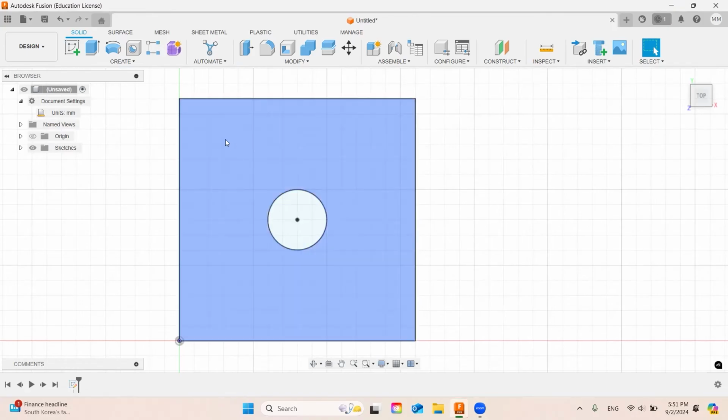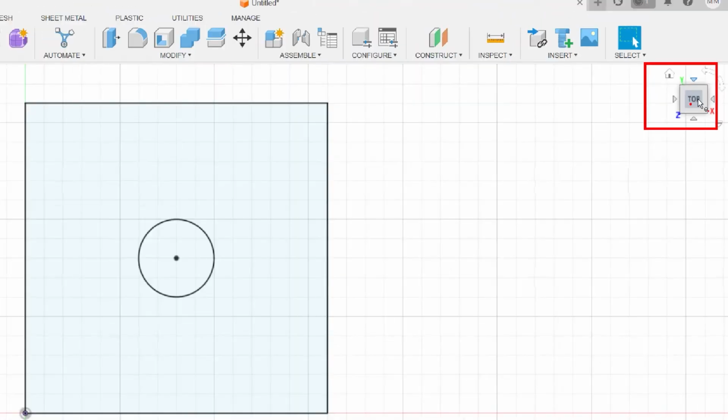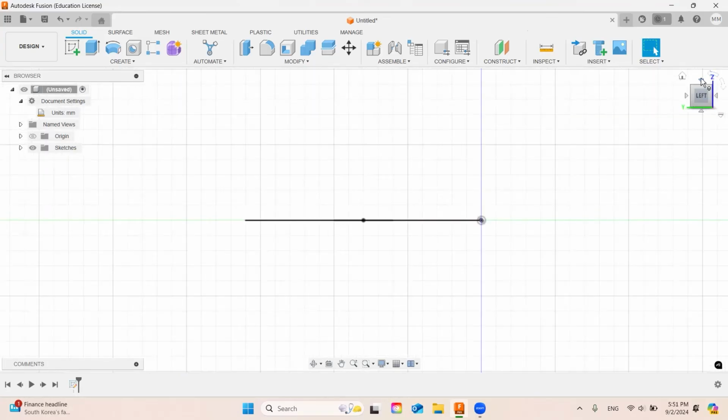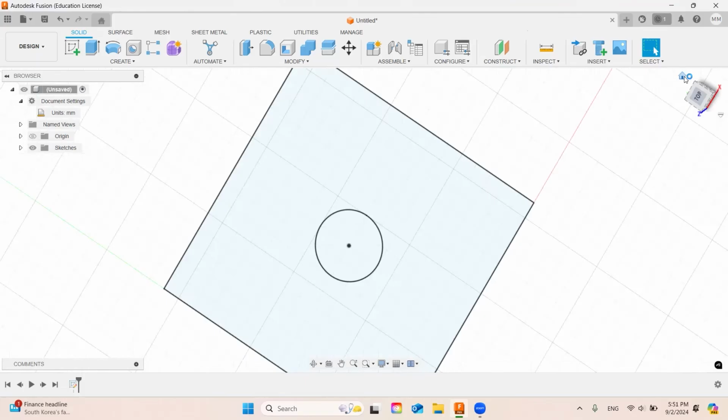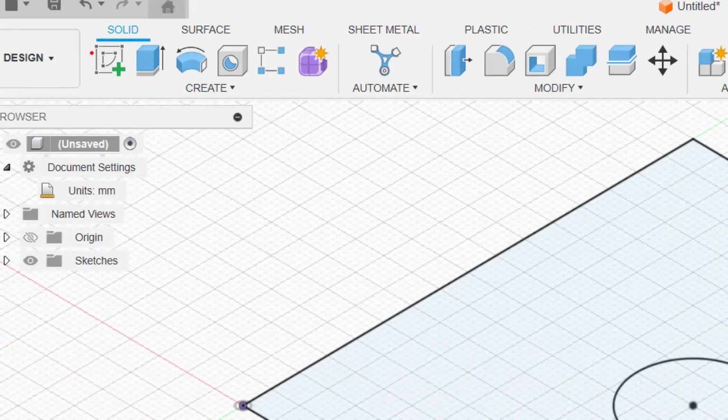Finish sketch. And you can see there's this little area over here with different faces. If you click on the house, you're gonna go back to the original view. But if you click any of those faces, you will be able to rotate to different views. So in this case, we're gonna click on the house, so we get back to the isometric view. Now I'm gonna click over here where we show the solids. I'm gonna click on that one, the extrude,